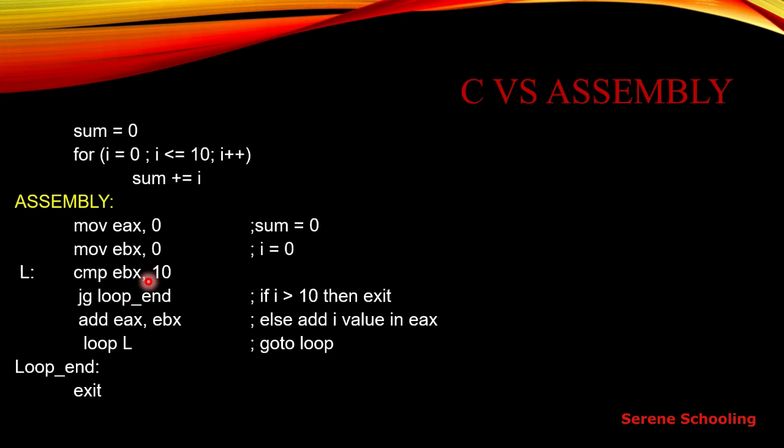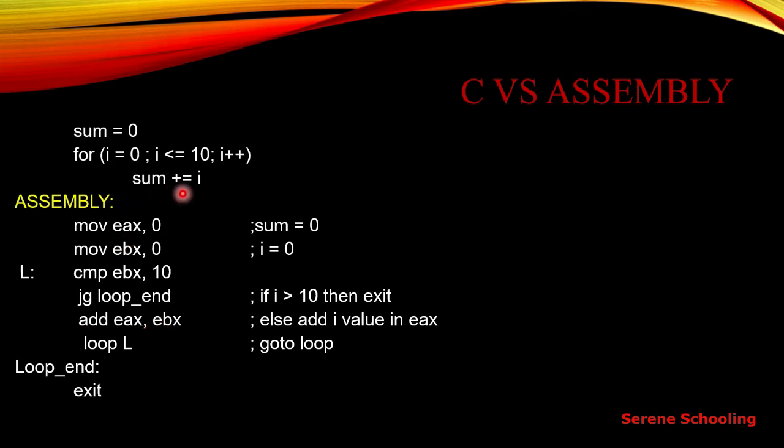We have to check some conditions, and that particular condition is this compare. What do we get as the result of this instruction? Right now my EBX is 0. If we compare 0 with 10, I get to know that my destination is less than my source. It means that this jump condition is false and cannot execute. The assembler will not go to this label; it will skip this jump instruction and start executing from the very next instruction. My next instruction is add EAX, EBX.